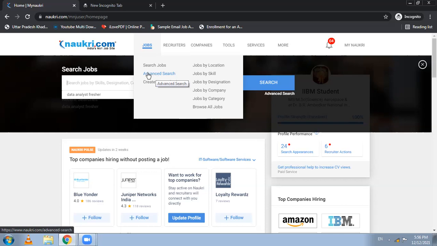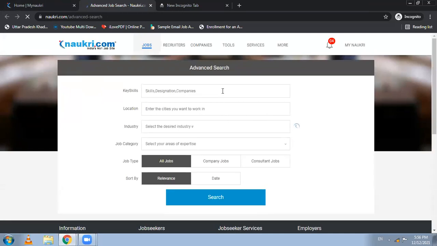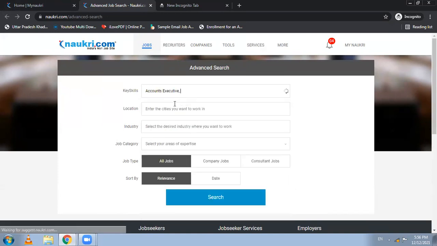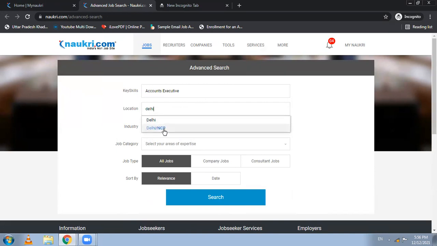So let's come to advanced search. Now in advanced search, say for example you are looking for an accountant job, accounts executive. Location: say you are looking for a job in New Delhi NCR.